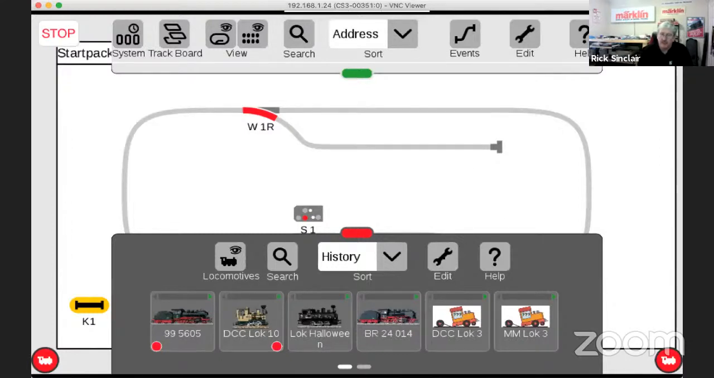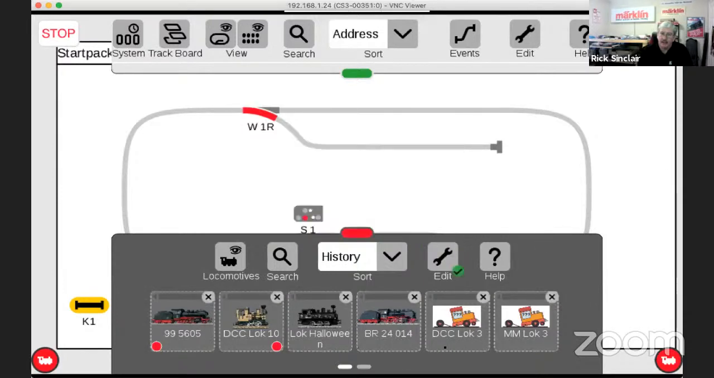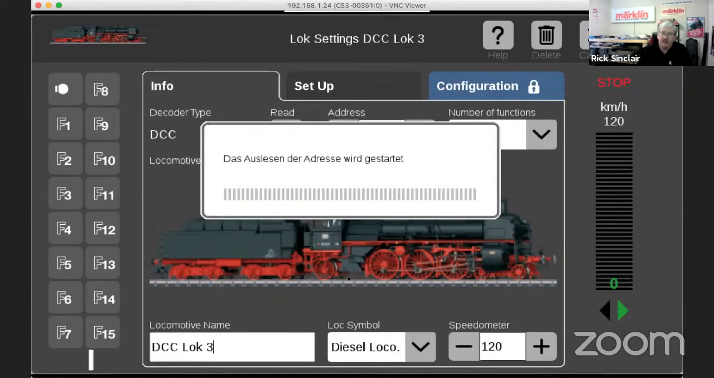And what we're going to do is get back into that locomotive in the edit screen right here, DCC Loc 3 edit. You can see it's DCC 3. And now we have this box that says read. I'm going to click that read box, and it's going to read for any power draw on the programming track. And when it gets done, this one will say it can't find it because this Central Station 3 is not